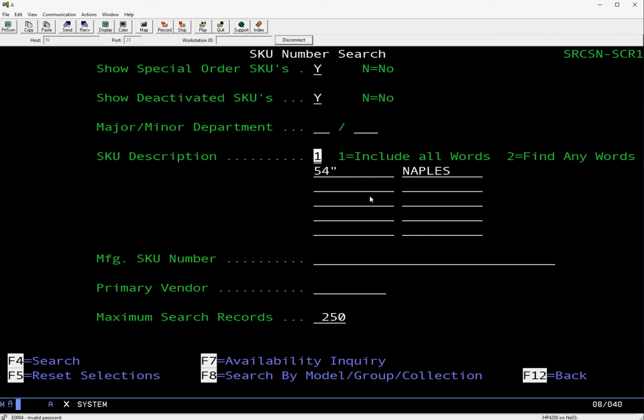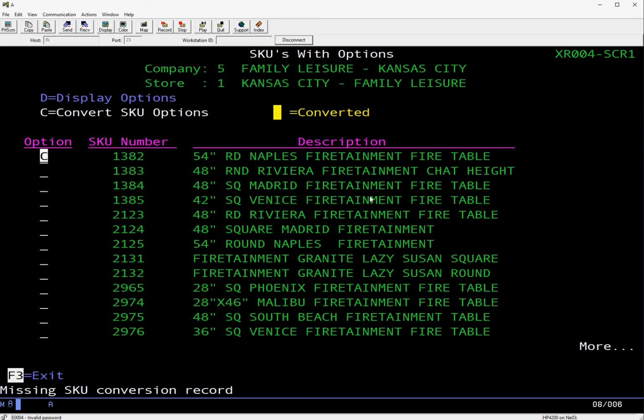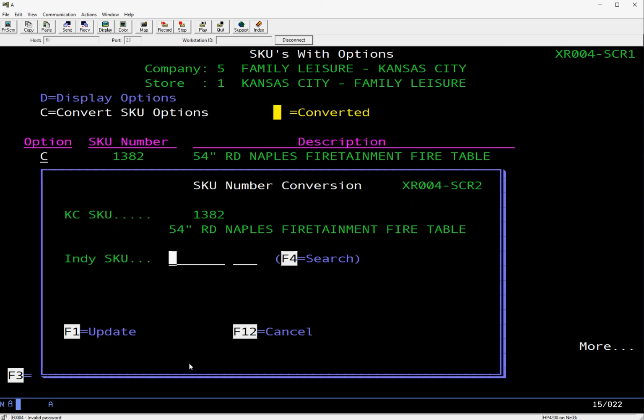I'm just hitting F12 and going back. That SKU will not convert, the options for that SKU can't be converted because it has a missing conversion record. On this program, again, if I put a C there and just press enter, it's going to automatically take me